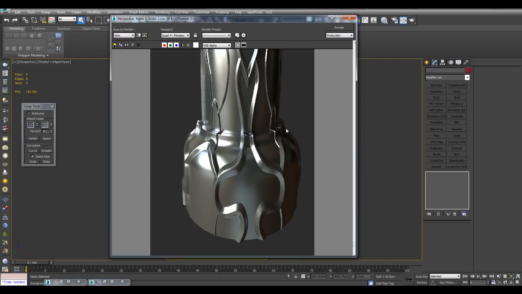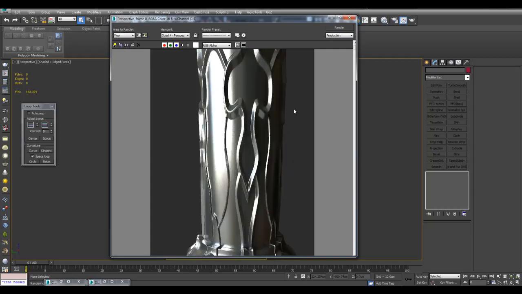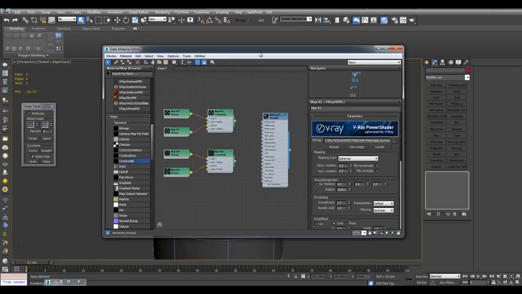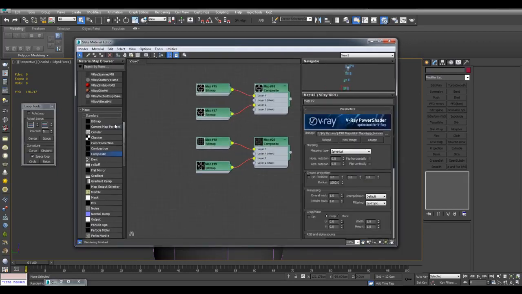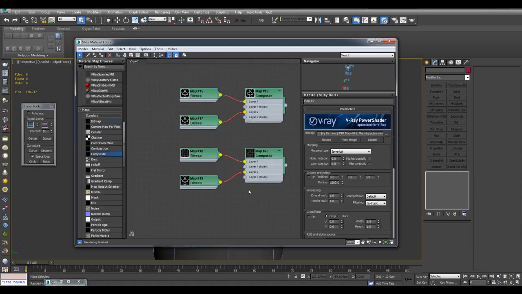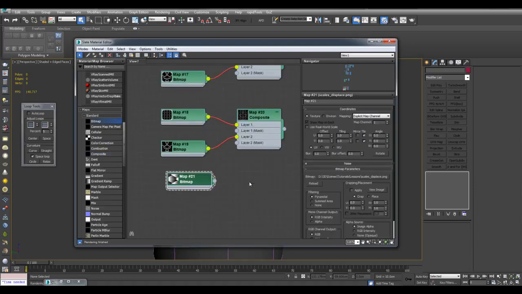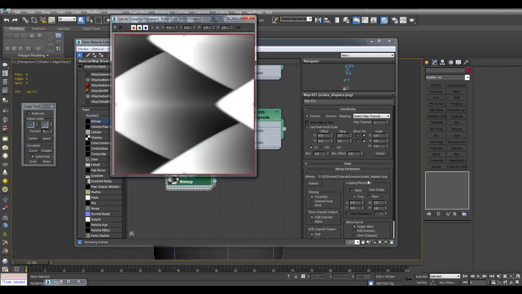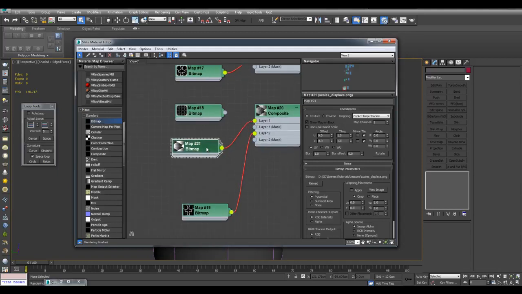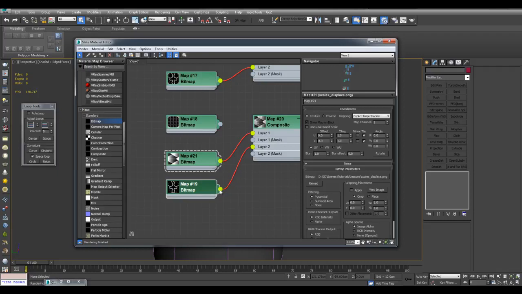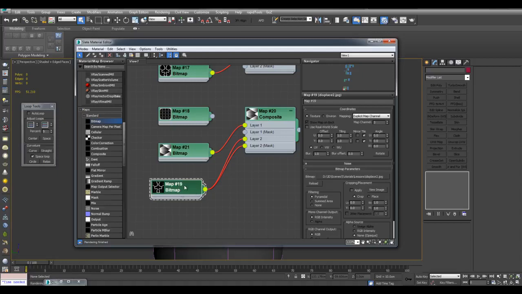So I've got some quick ornamental detail going around the column. And now I'll just add another layer of displacement. So now what I will do is actually create a new bitmap here and find another tiling displacement map. So I've got these scales right here. Alright, and I'll plug these into layer 1, and this will be layer 2, and this will actually also be the mask for layer 2 as well. And this is actually the wrong one here, so I'll just move this off to the side and plug this into layer 2,